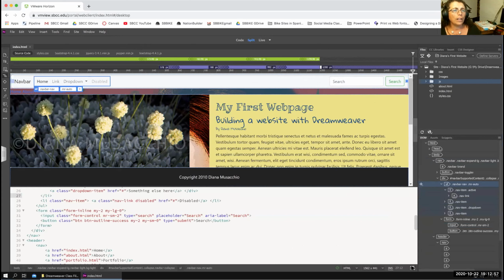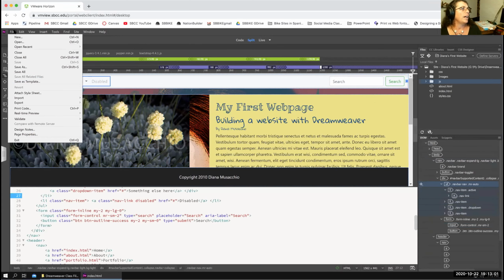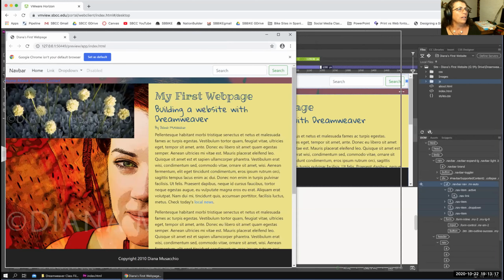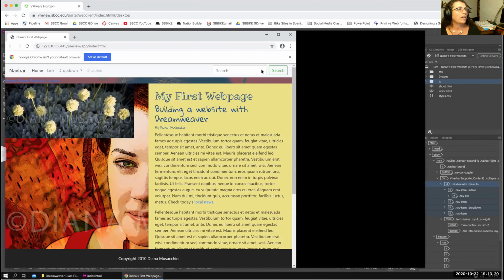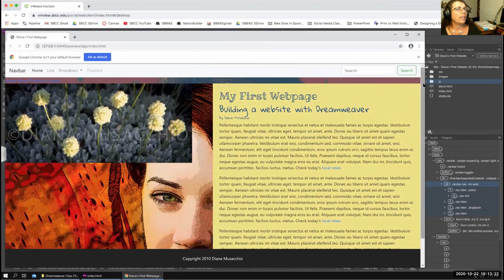Let's go see, by the way, how this looks. Go and do a little preview. Go to File, real time preview, or go to that little icon at the bottom and say, do that. And right now, this is our web page. If we make it bigger, we see all of this stuff in it. And if we make it smaller,